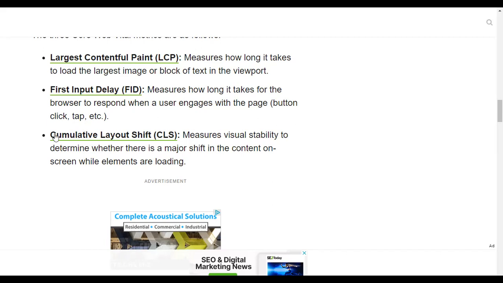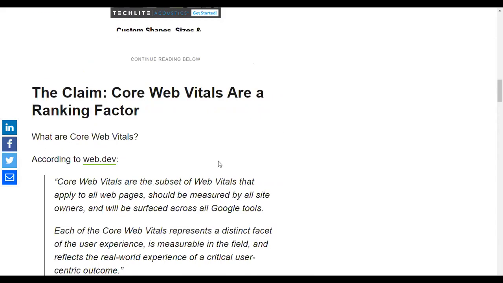Now, the last one is cumulative layout shift. Suppose you are opening a website. Actually, what is the purpose of this term? It measures visual stability, to determine whether there is a major shift in the content on a screen while elements are loading. Most of the time, you also feel that when pages start loading, in the beginning,